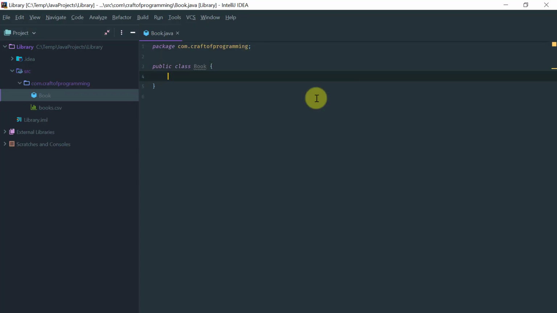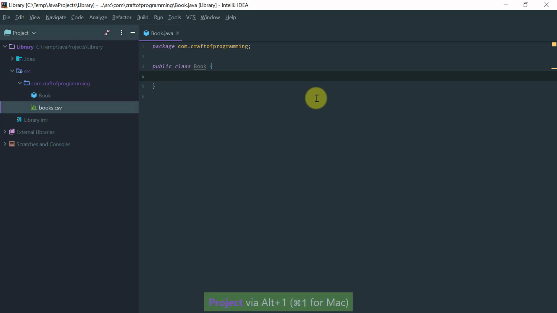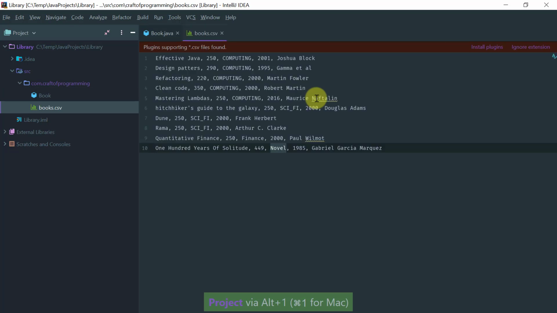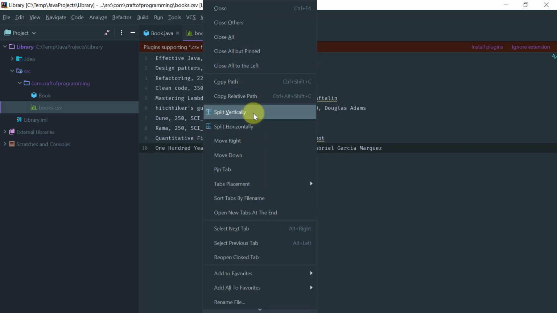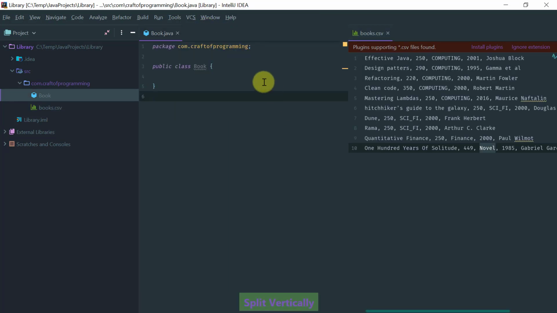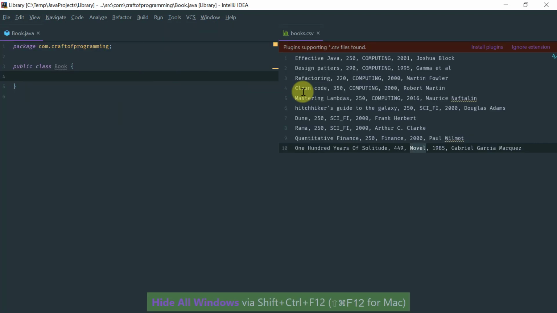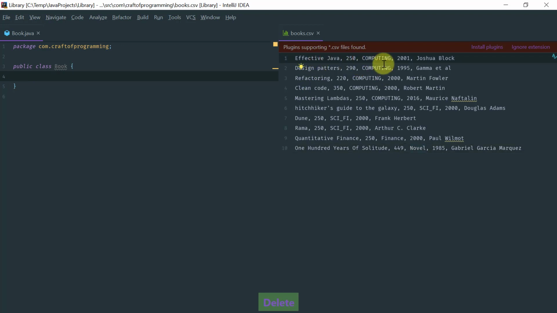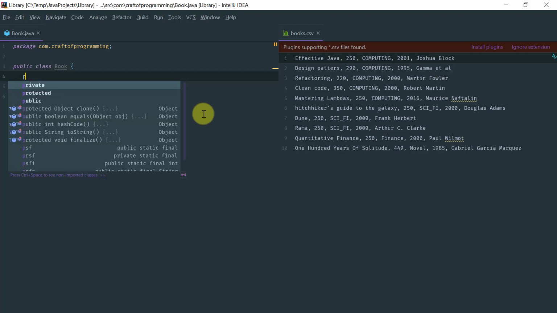So now let's add attributes to our main domain book object. Let's go to the project viewer, open the books CSV, and let me just split this up so that we know the attributes that we need. Let's maximize that. First, what I want to add is the book title, page count, publication year, and then the authors. Because I'm in the context of the class here, as soon as I type the first letter, I have the appropriate